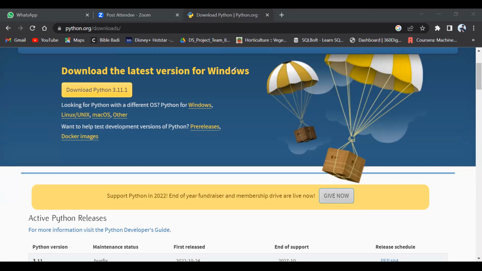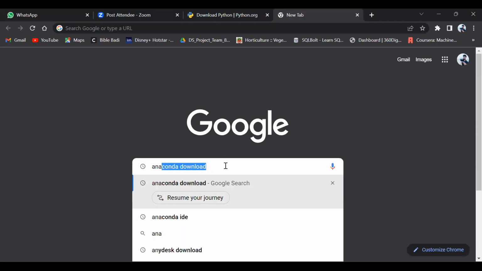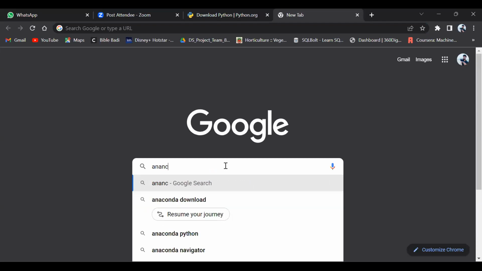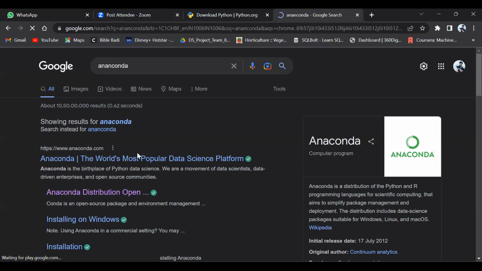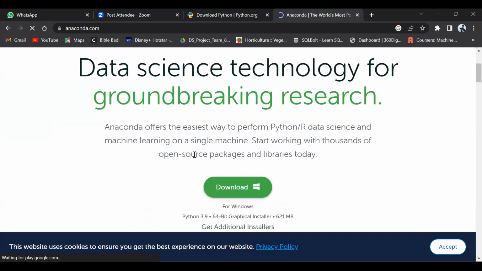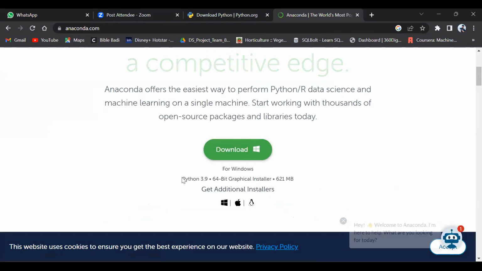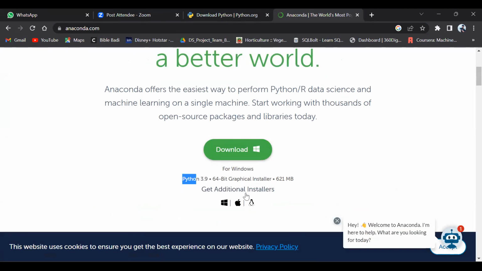For that, you need to download one more thing, that is the Anaconda distribution. The main aim of this training is data science and machine learning, so you must be familiar with Anaconda. Go to the Anaconda website and you can see a direct download for Windows, for the 3.11 version.